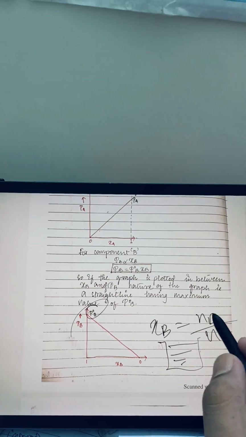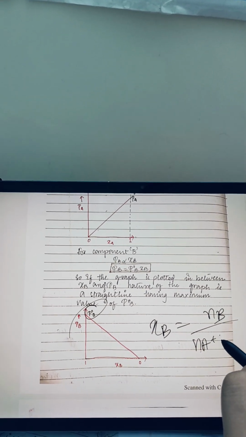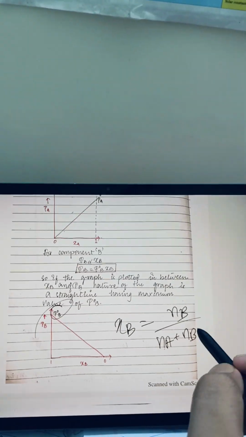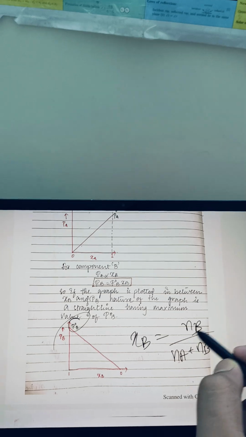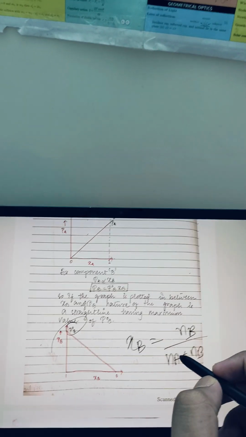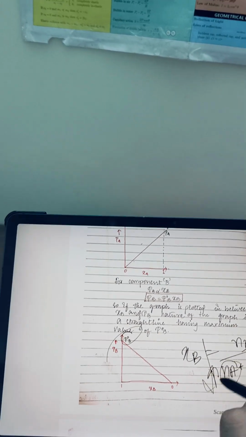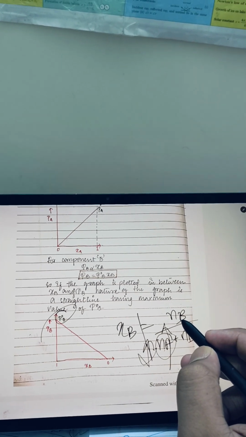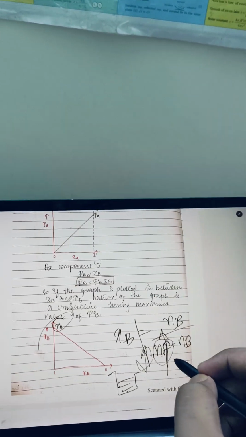Then when we decrease chi b from 1 to 0, this basically means that Nb is decreasing and some Na is also there, which means Na is increasing. So if Na is increasing, this thing is increasing, so this is decreasing, and if you increase it so much that only Na is present in the solution,